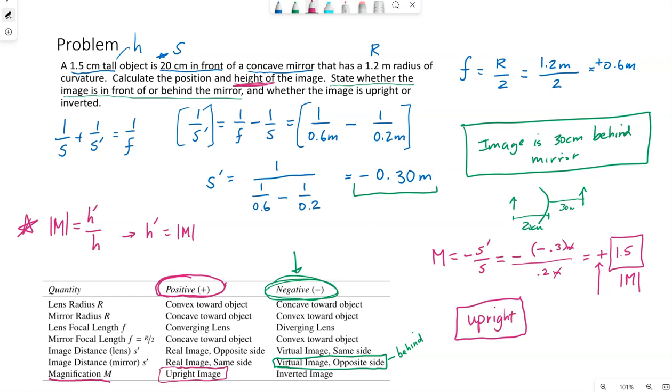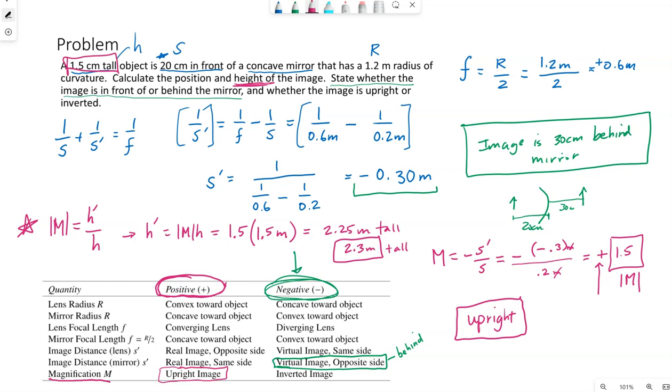So the numerical value of the magnification times the size of the object will allow us to calculate the height of the image. We came up with 1.5 for the magnification. The object itself, given in the problem, was 1.5 tall. 1.5 times 1.5 is 2.25. Since we have 2 sig figs, we would say this image is roughly 2.3